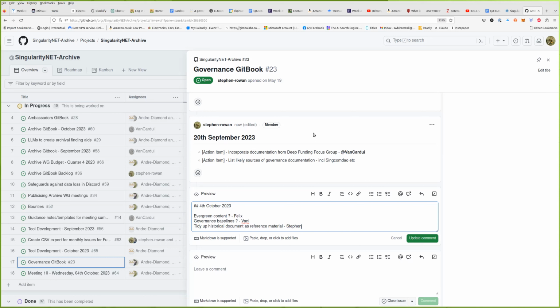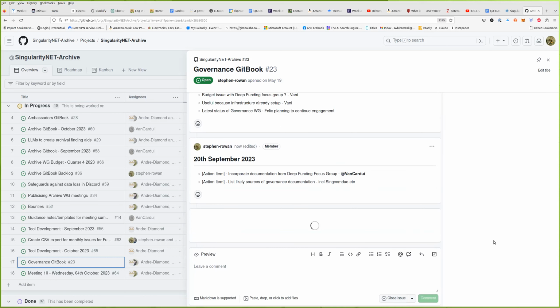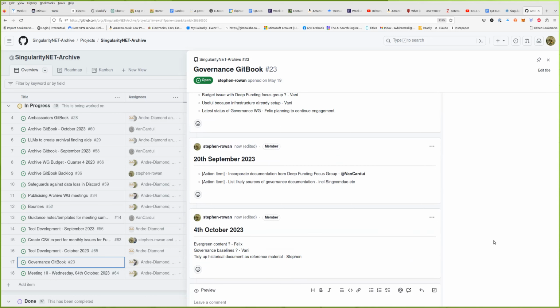Yeah, I mean, I think there's a kind of missing link here between SingCom DAO and the ambassadors program approach to governance, which I think it's good sometimes to step back on that a little bit, you know. What was great about the document which you started was there seemed to be a connection there between SingCom DAO's approach and the ambassadors program approach. But what are your thoughts on that?